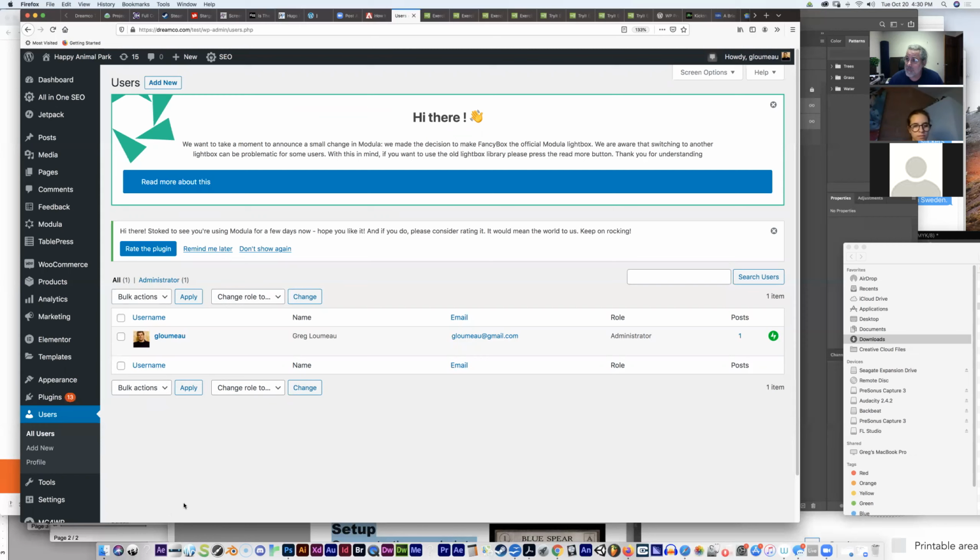Yeah, it's super cool. And you can also import data into this. You could import a list of usernames in from a comma separated value or a CSV file, which can